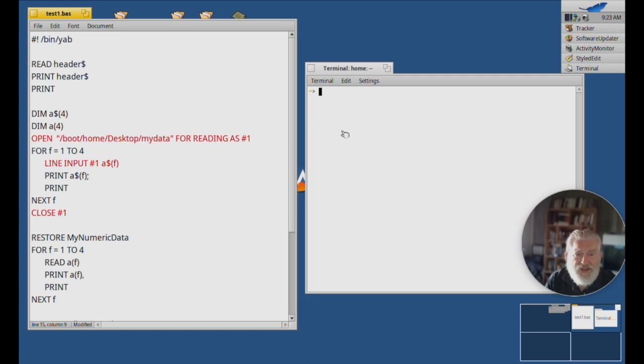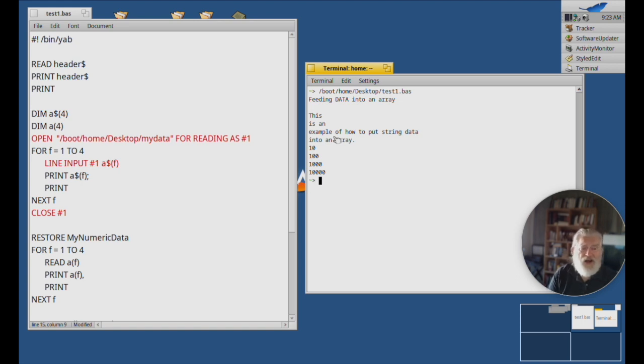Right, so let's run this baby. And as you can see, it looks exactly like the other one. So whether you keep your data in data statements or whether you keep it in a file, we can end up with the same result. Now, when do you use one or the other? Well,